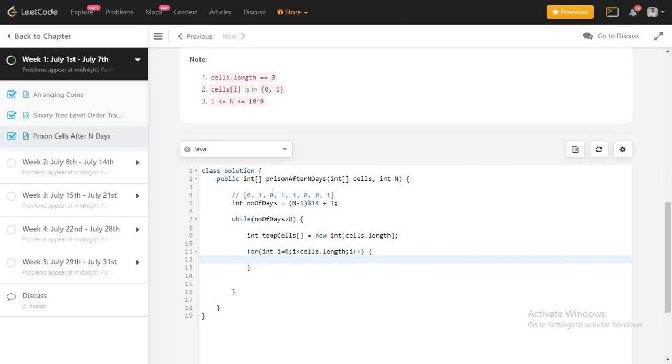Then if you check the condition, they are saying that my first and last column will always be 0. So I can directly set it as 0, right? So if i equals 0, we don't need to calculate anything for that. Or i equals sales dot length minus 1, the last column only.